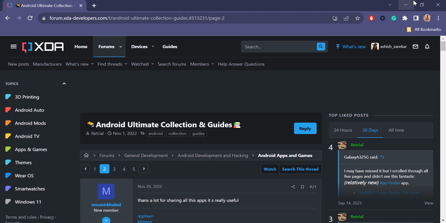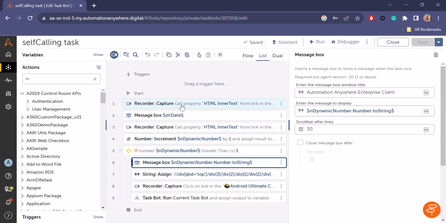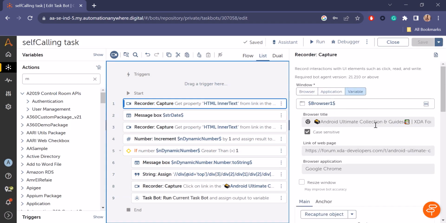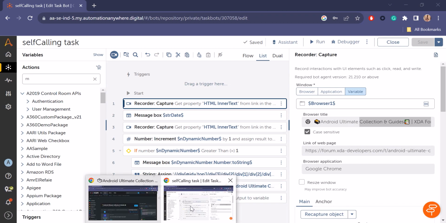The window disappeared. Let me see what happened. Okay, we got an error. It says cannot find the application title with this form that was open during recording. So this title is not matching. Let me validate what we have. Let's close this. Let's go ahead, and here we can see we have this title. And then on the website,